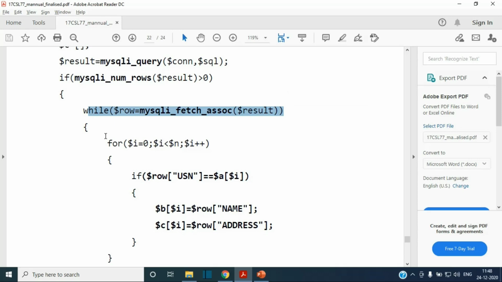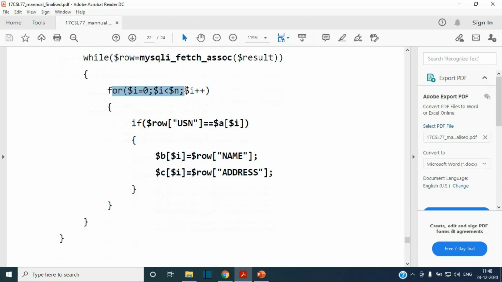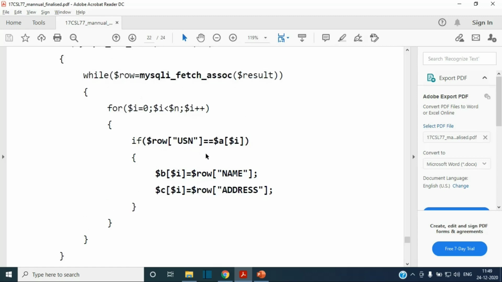I am accessing every unsorted row individually, and I am traversing the array $a from 0 to n, because array $a has sorted USNs. Whatever USN I have fetched right now from the first row of the database table, I will check its index.